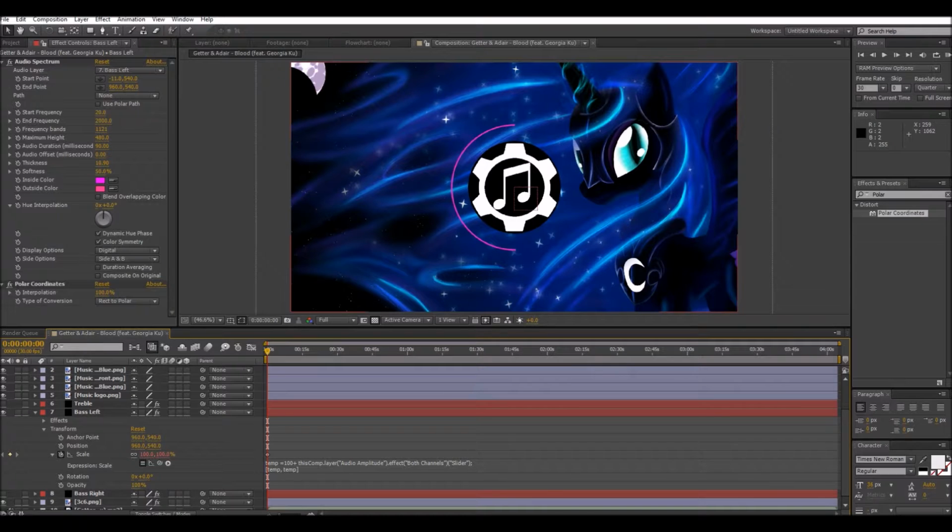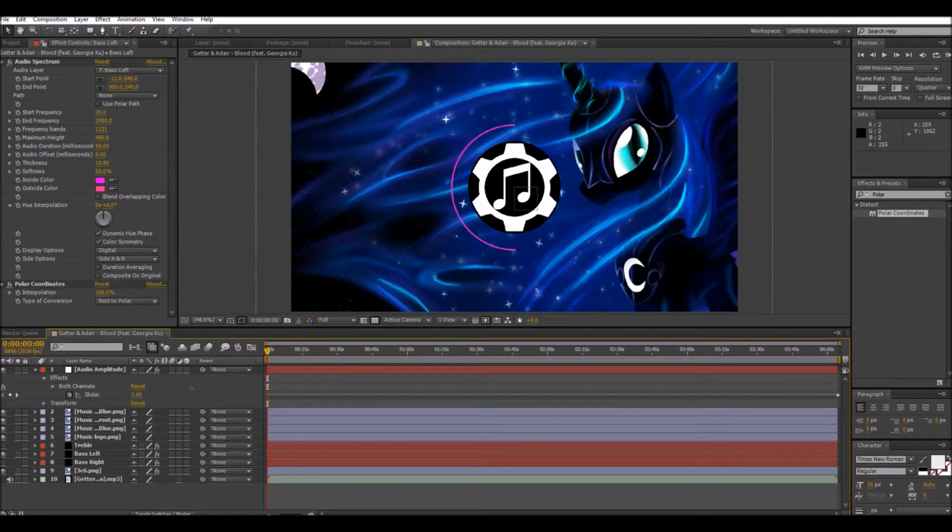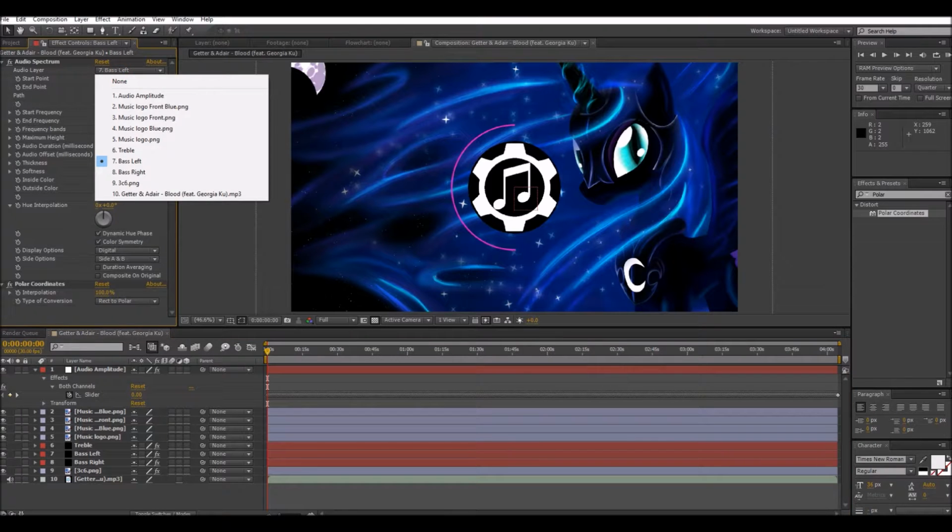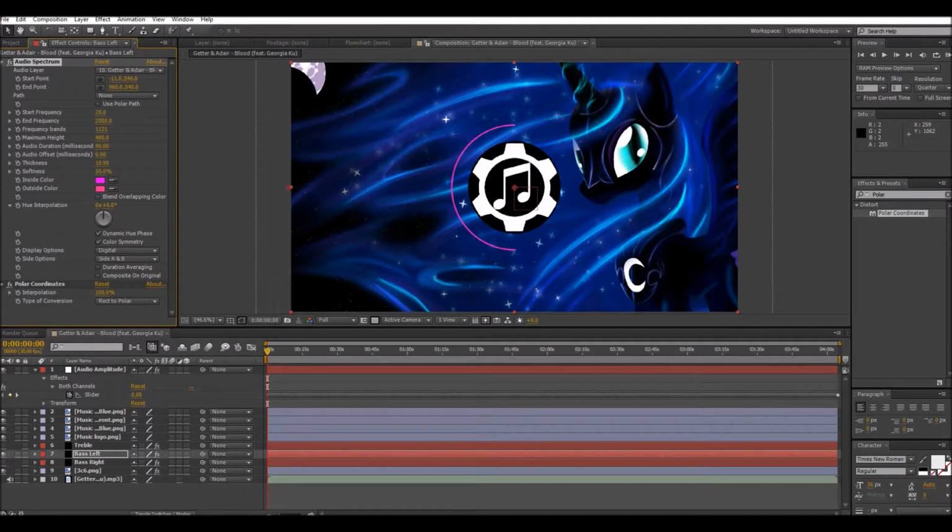So yeah, let's close this off for now, and then keep working on it. So we've got audio layer up here. What you want to do is choose the menu right here, base left, and this is your audio layer, or the layer that it reacts to. You want to choose the layer with your song on it, so it will start